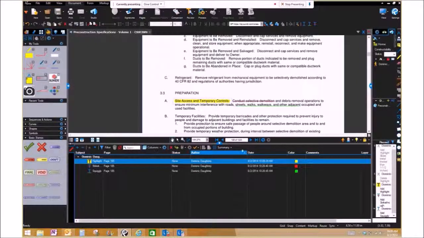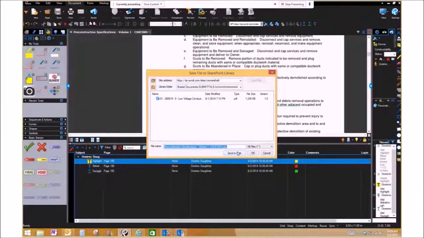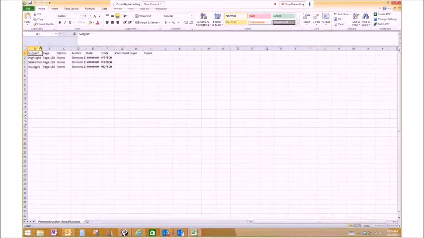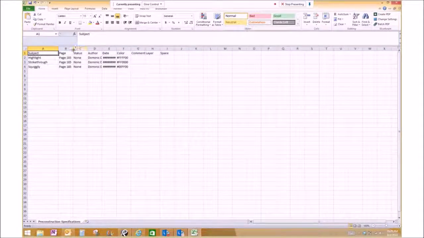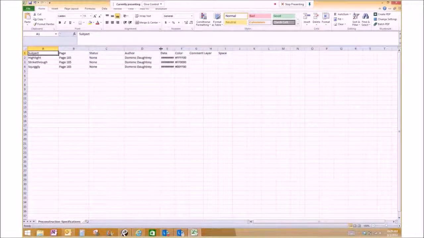And you can see, because after this, everybody's exporting to CSV. Everybody wants to get this out of Bluebeam. And when you do that, I've got these 3 markups I just put down on there. And what I'm going to do is I'm going to export that into an Excel spreadsheet, and it's got all the information. It's got exactly what I did. I did a highlight and a strike through. It gave me the exact page that it's on, no statuses. It gave the author, it gave the date that it happened, but there's absolutely no comments,